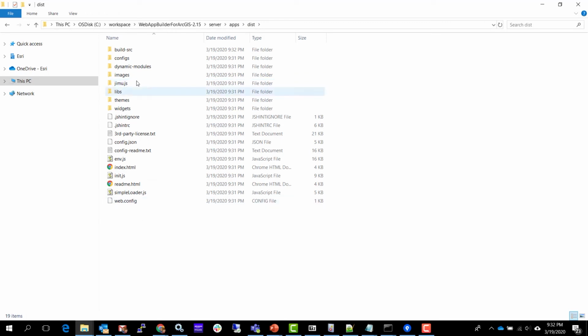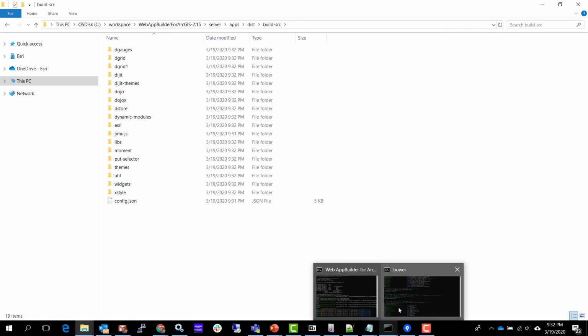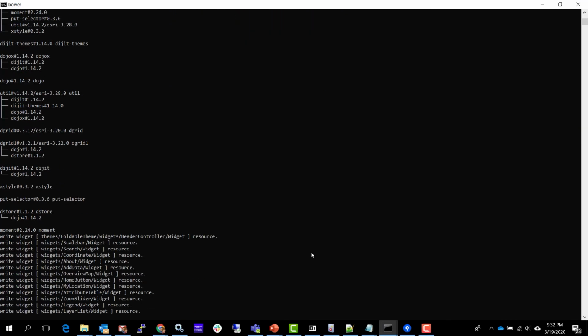A copy of the application is put in it because we don't want to disturb the original version of the application. And we can see that there's lots of things being copied in here. This is the JavaScript API and all of its dependencies. Because remember, unlike what Jackie showed you with Webpack, Web AppBuilder is still built on the 3x version of the API and doesn't support the Webpack model. So under the hood, this is going to continue to run the Dojo build. It's installing all the dependencies via Bower,